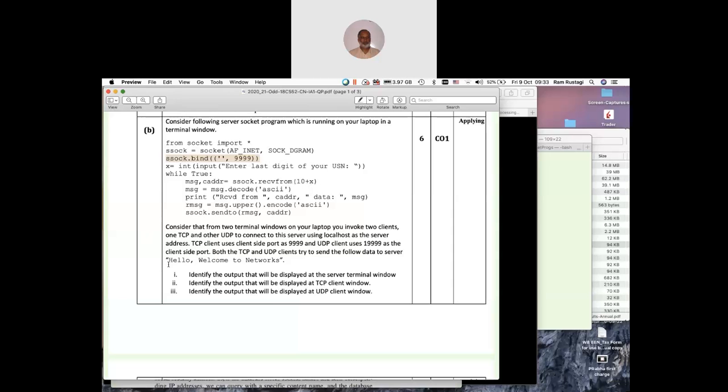So if the client is sending "hello, welcome to the networks", the server would receive only the first 15 characters in the buffer. Hello is 5 characters, comma 6, space 7, welcome is 7, so 14, plus 1 space. So the server would receive only "hello, welcome ", and that is what would be displayed, and the other data would be discarded.